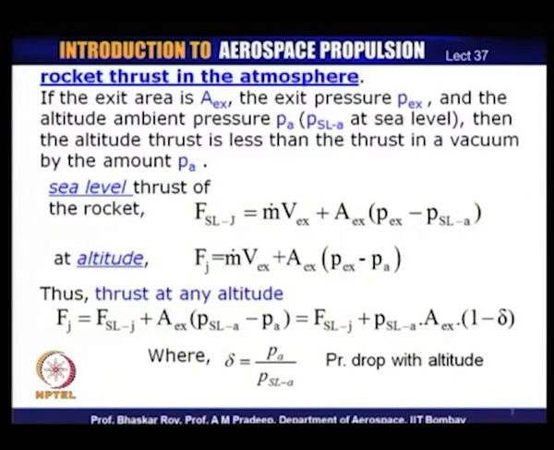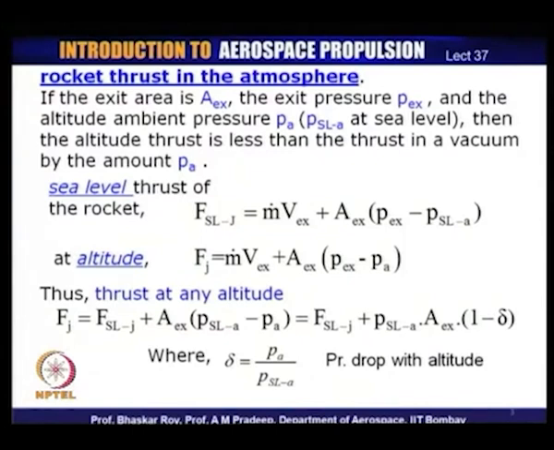A good part of the rocket trajectory would have to be within the atmosphere. Many of the ballistic missiles work all the time within the atmosphere. So, the first thing the rocket needs to negotiate in its flight is the atmosphere, and hence the first thing that it has to do is to take off, or in terms of rockets it is called lift off. The aircrafts actually take off, the rockets normally lift off, because the entire rocket goes up vertically. It is normally a vertical takeoff and hence called lift off.